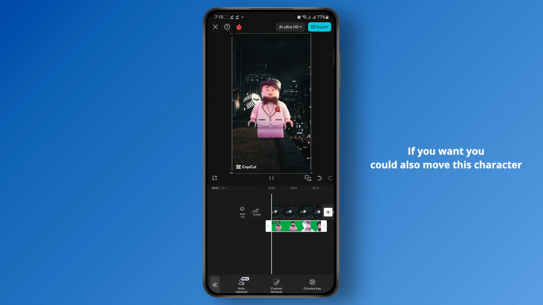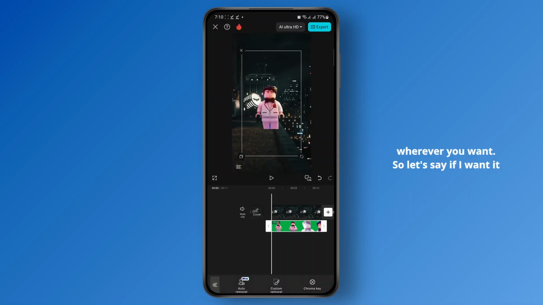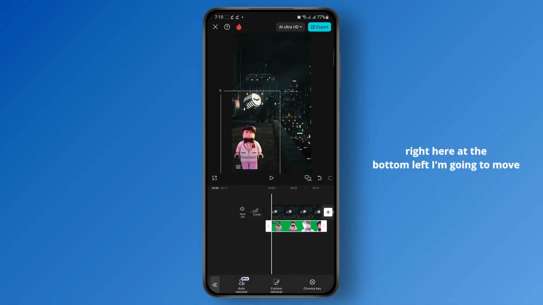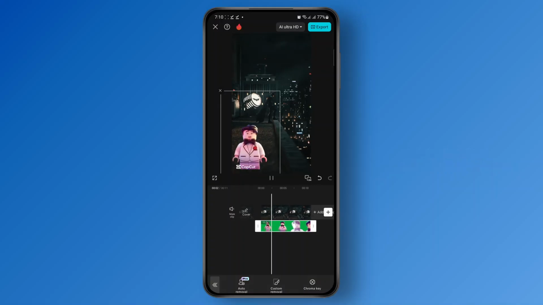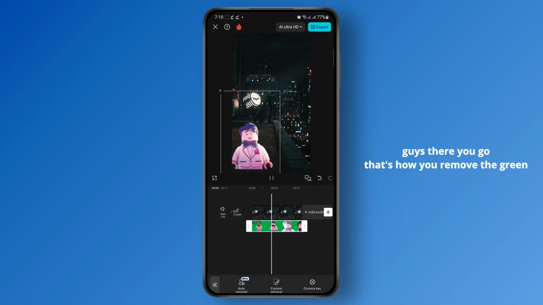If you want, you could also move this character wherever you want. So let's say if I want it right here at the bottom left, I'm going to move it here and then play it. So that's pretty much it, guys. There you go. That's how you remove the green screen